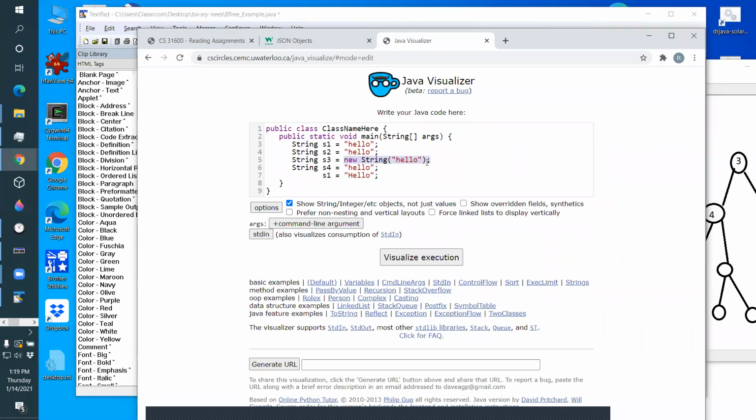I know what it does, but I've never seen anybody use it in a reasonable way. Okay. All right. Now,